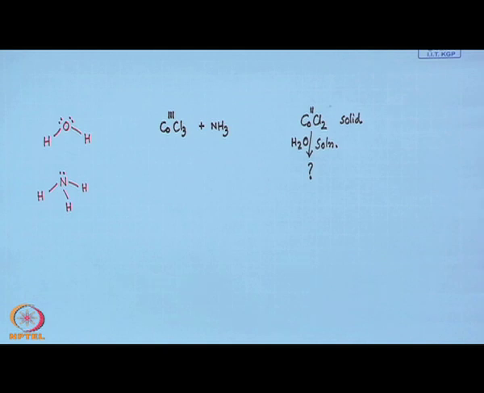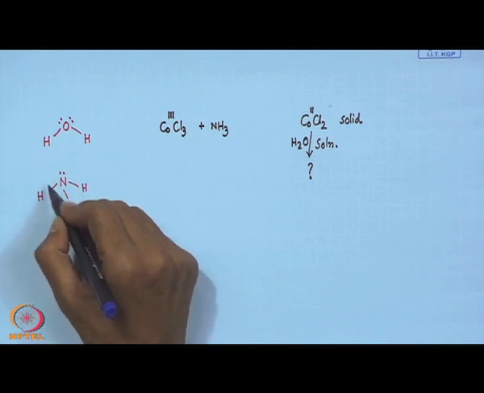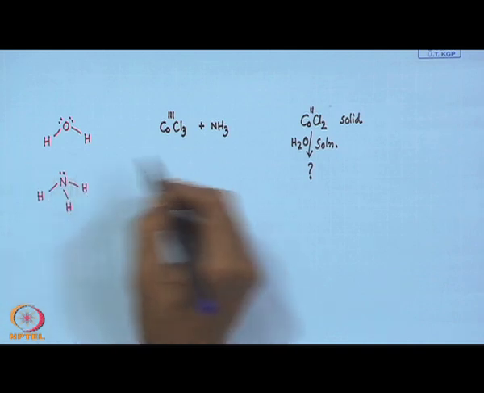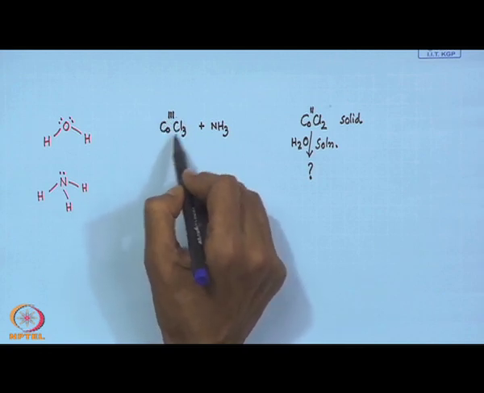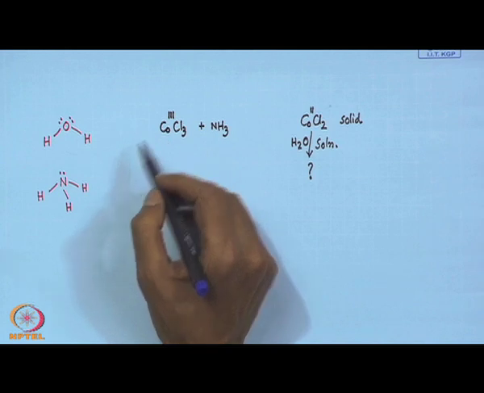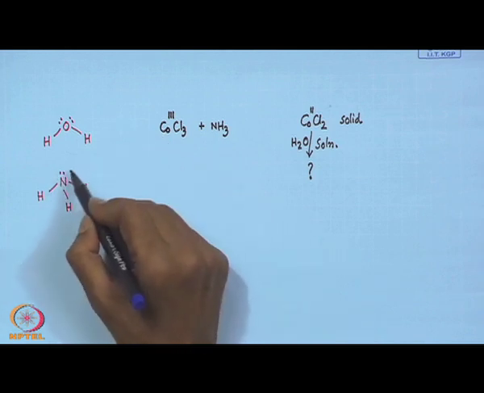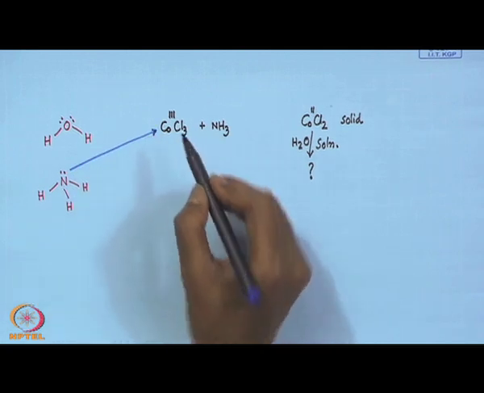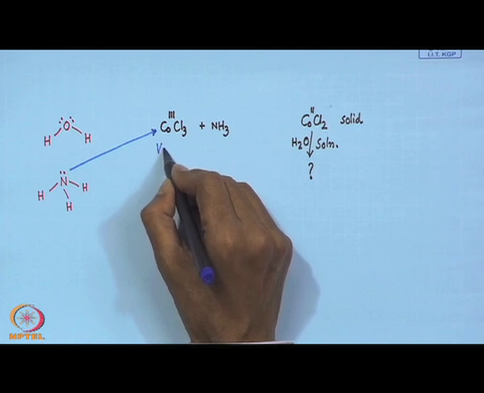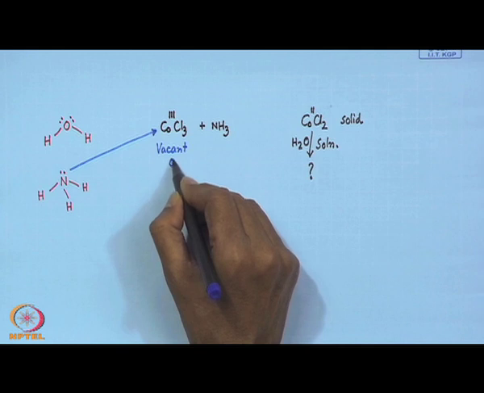In one molecule we have 2 lone pairs of electrons, and in the other case we have a single lone pair of electrons. So, if this metal center, particularly the cobalt in +3 oxidation state, has some vacant orbital, and if this electron density is donated to the cobalt center which has some vacant orbital,